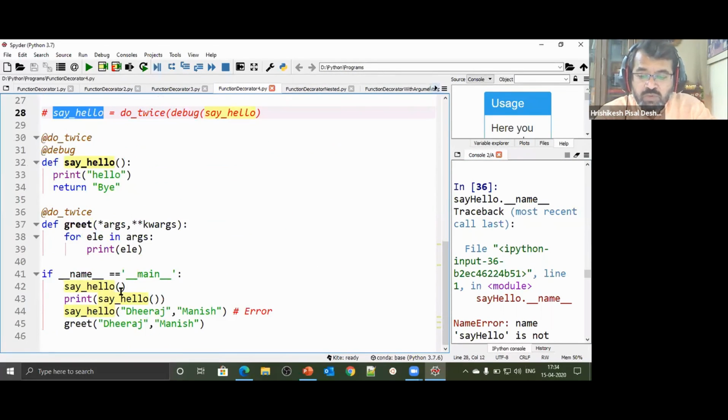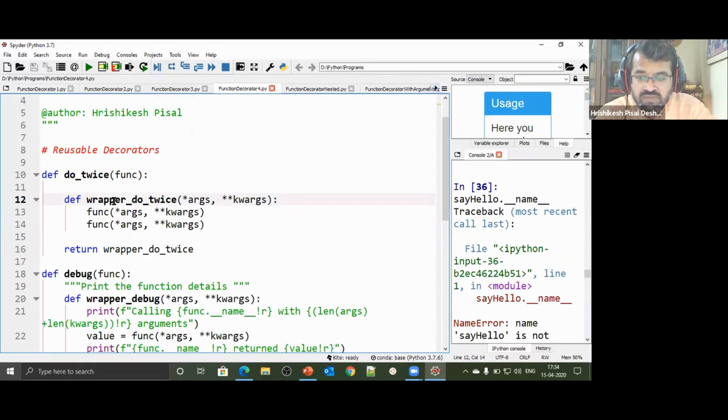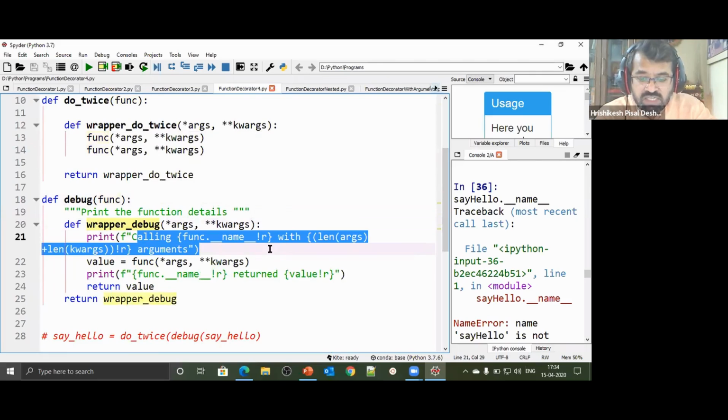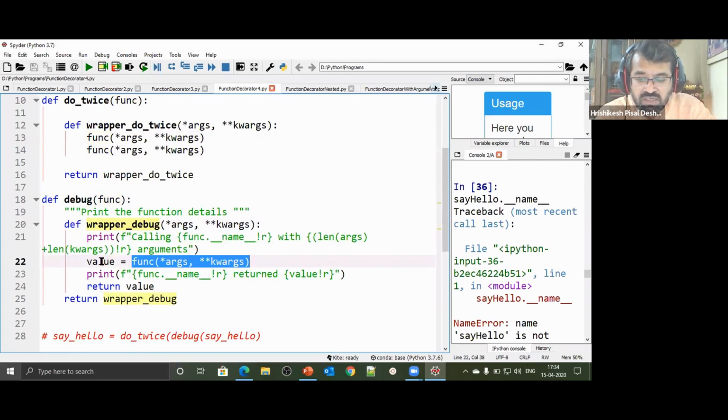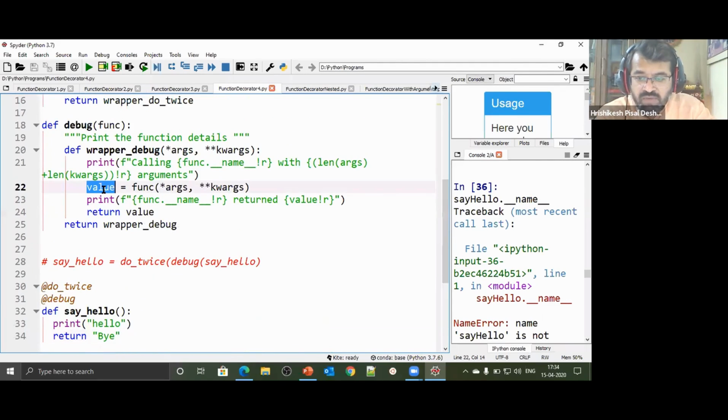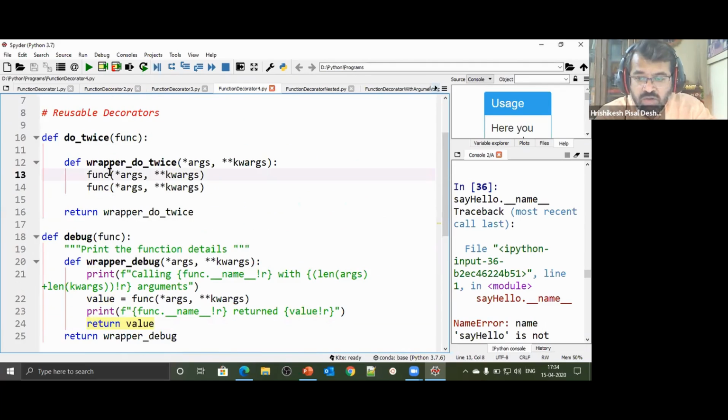So henceforth in the program, any place I call say_hello, what will actually get called is wrapper_do_twice. The func in wrapper_do_twice is actually wrapper_debug. So that's printing that this function has been called. It calls that particular function, gets the value. In our case, it returns the value bye, and then it returns the value bye. Okay, whatever value has been returned has not been received over here.